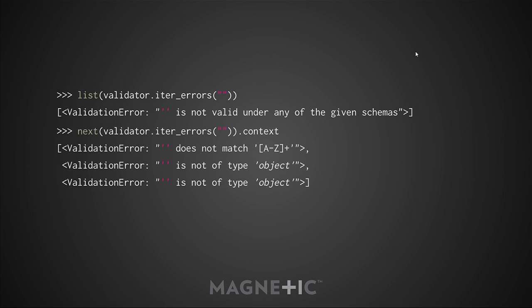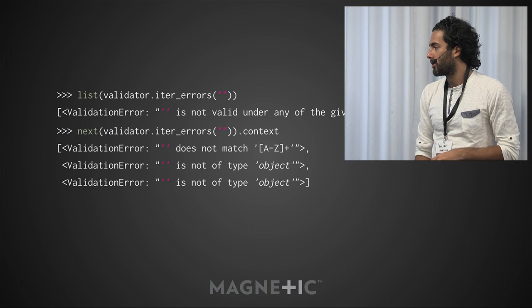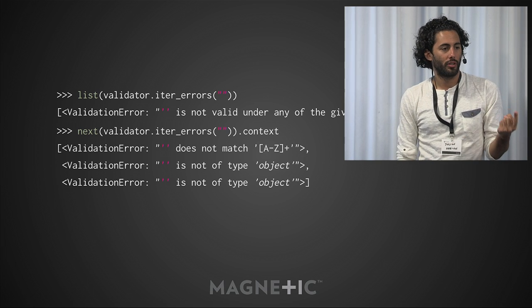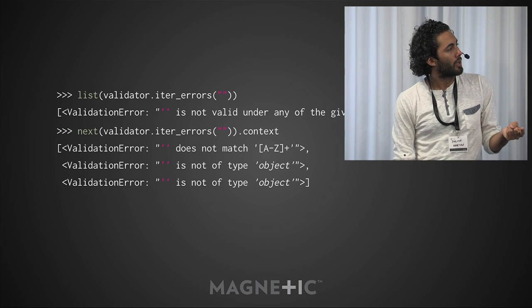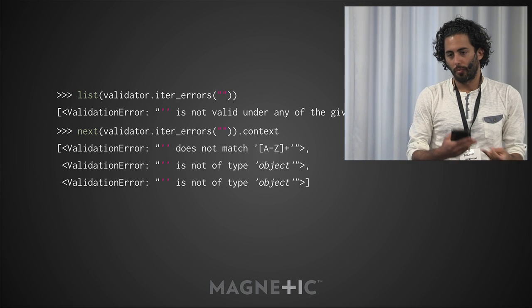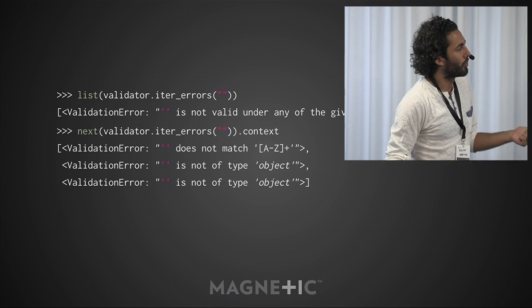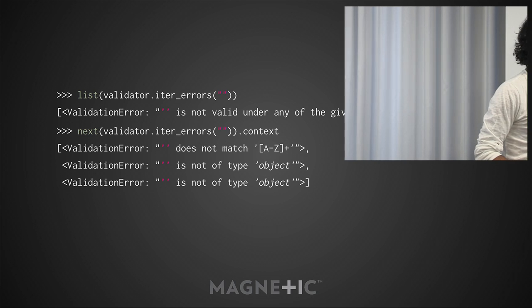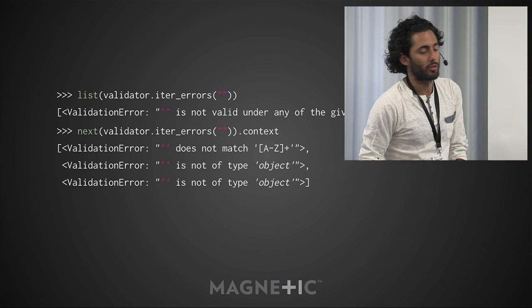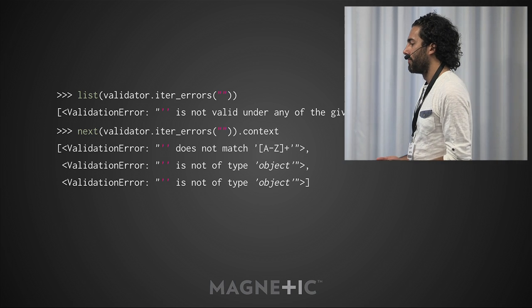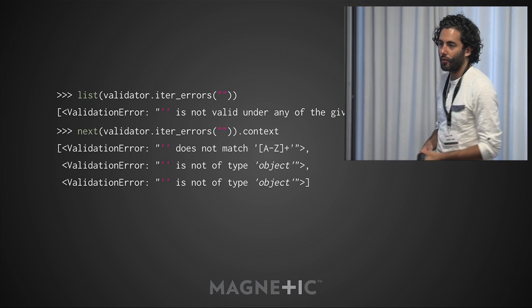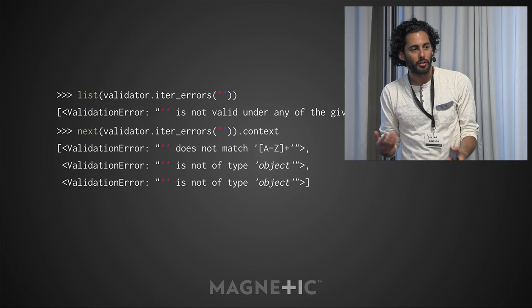So for that, there's the context attribute of errors, specifically this one. If you look at that error and you look at its .context, what you'll see is basically one error for each branch in the one-of. So if you remember, our one-of had 3 branches inside of it. One was non-empty capital strings, and the other 2 were objects with property name, object with property alias. So there are 3 errors in there, each one telling you why that branch didn't work. The first one didn't work because empty string doesn't match that regular expression. The other 2 didn't work because it's not an object at all. So it's a bit more useful for knowing all of the things that went wrong if you have branching or some higher order validator.